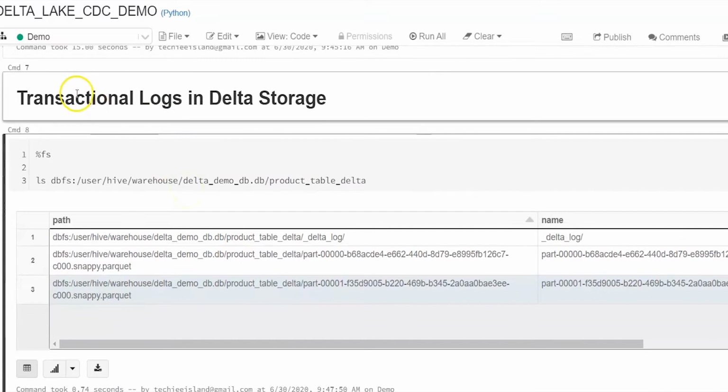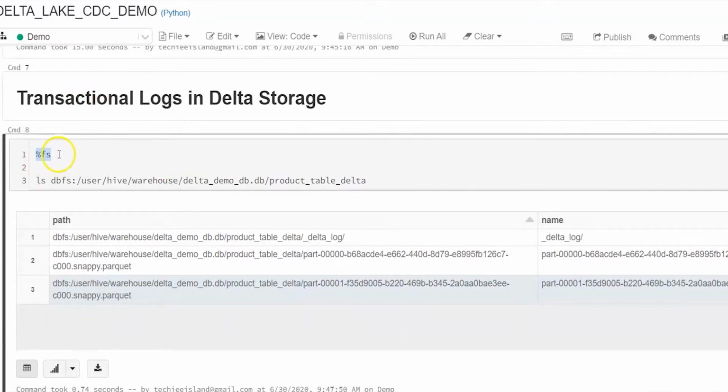So in Databricks, you have to use this magic command, and fs stands for file system, in order to list the directory. Like we have HDFS in our on-premise, like that in Databricks you have a file system command to view all this DBFS file system data where your Delta Lake is storing. DBFS you can consider is like a Hadoop compatible file system storage, just a naming convention which they are using in Databricks.